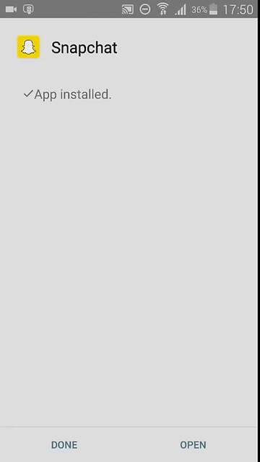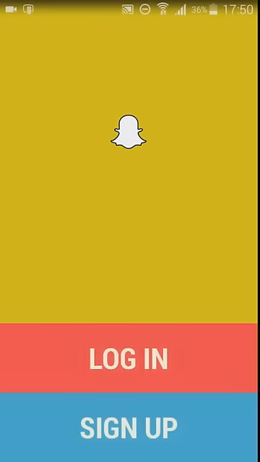So we're waiting for it to install, and it's a little bit slow because I have a lot of things installed and my memory is kind of low. Okay, it got installed. Now we're going to open it directly, and it needs to fix something. I don't know what. It's loading a bit slow because I have rooted my phone and I put a hack, so it's kind of laggy. And now we're going to log in.